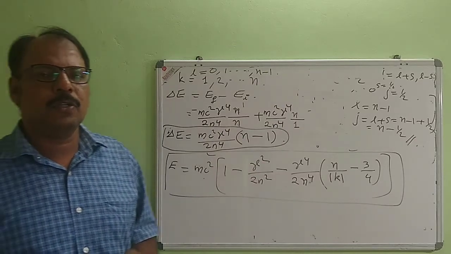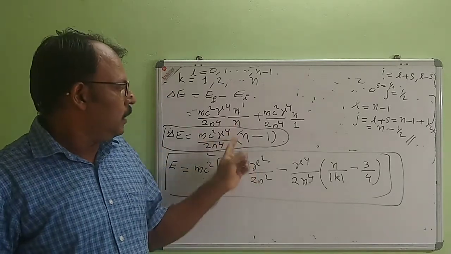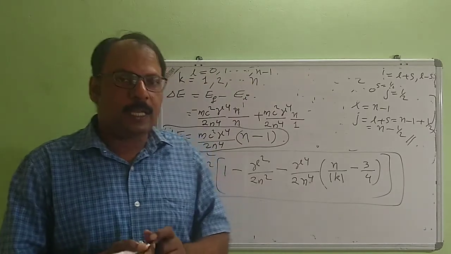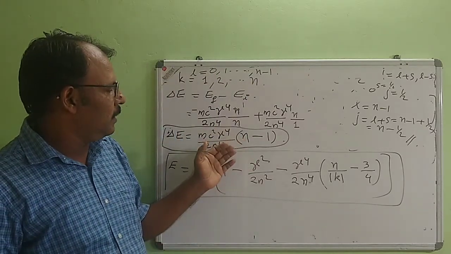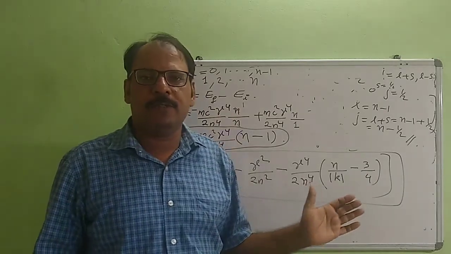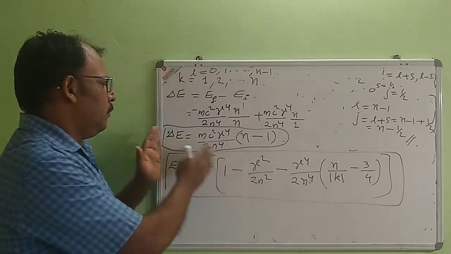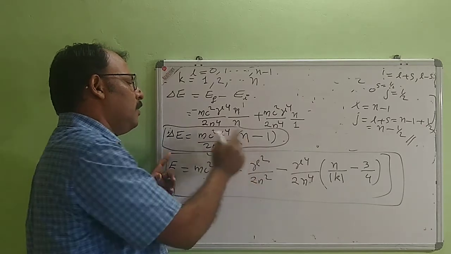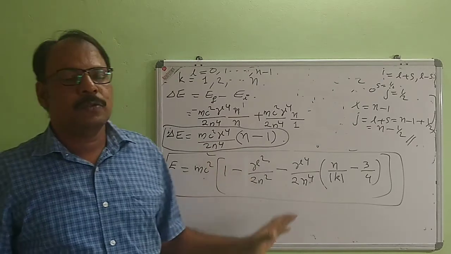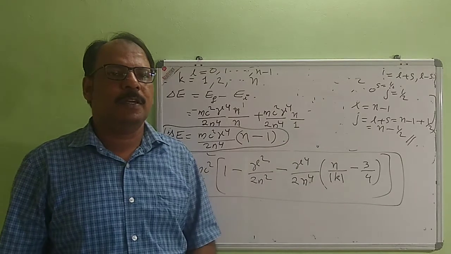Schrödinger's relativistic equation also removes the degeneracy for different L states. Here also, for different L states we have different k values. Here also the degeneracy is removed, and we get a new value for the spread in energy. In Schrödinger's equation we have seen that the spread in energy is much higher than the experimentally observed value, and when you calculate this energy spread, it will be in close agreement with the experimentally observed value. So the Dirac theory explains very well the energy spread in hydrogen atom.